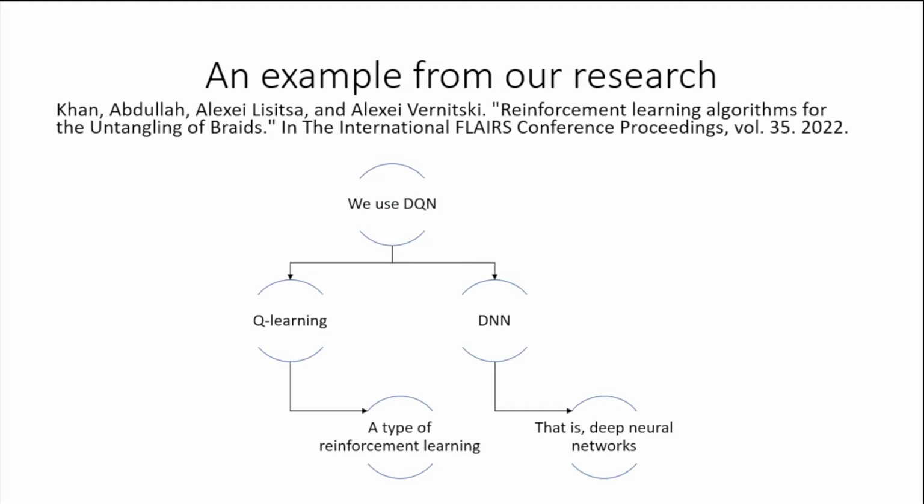And here is one example of how reinforcement learning and deep learning are combined. In one of our studies, we use DQN. DQN literally is a combination of Q-learning and DNN. Q-learning is one type of reinforcement learning. It is awful from the point of view of computer memory. It stores every position in a lookup table, and for every position, it stores all possible moves from this particular position. However, if you combine it with deep neural networks, then somehow all this data becomes compressed in a way that